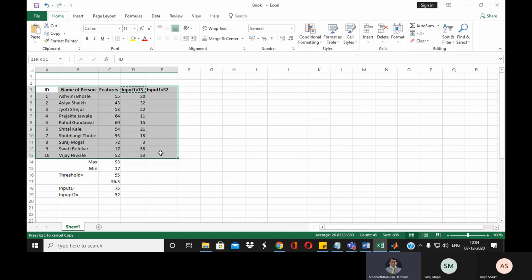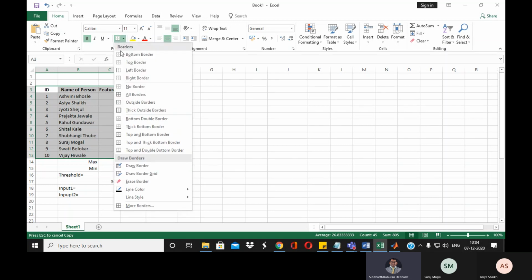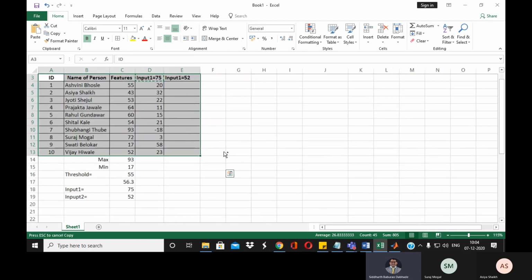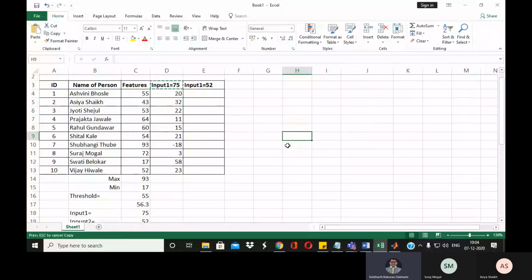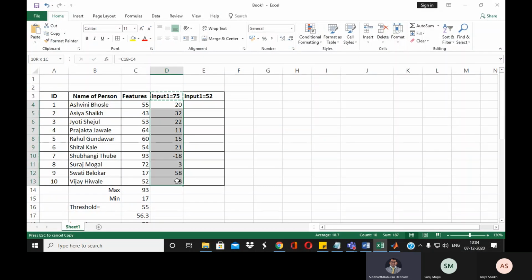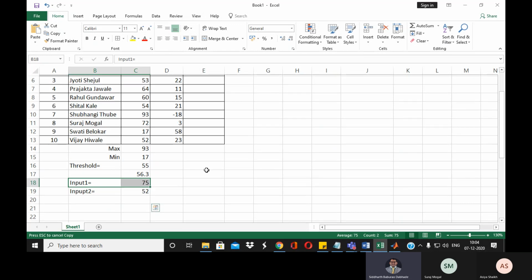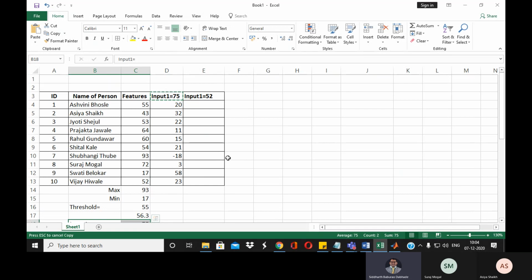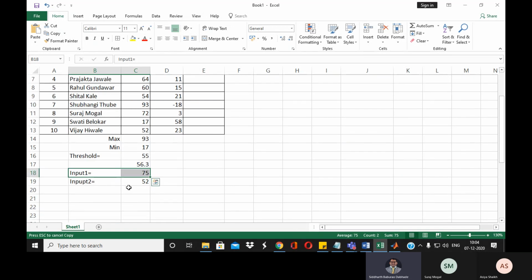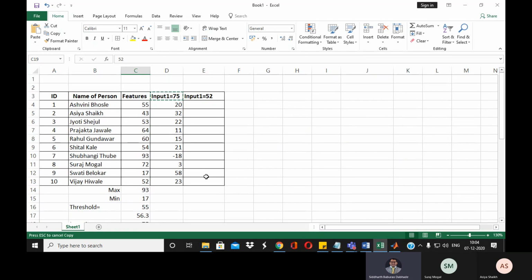Okay, so now you can see here we have found the difference between the input feature set. You can say this is feature 1 and this is feature 2, input 1 and input 2. The same thing we want to apply on the other input, that is your 52. We will check